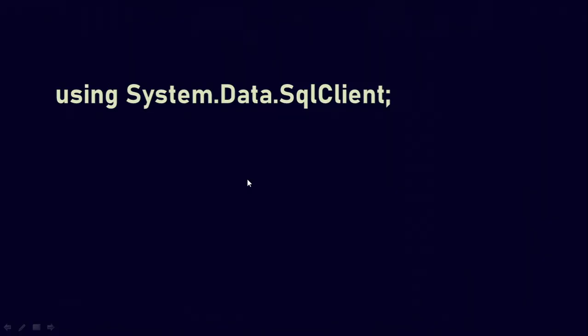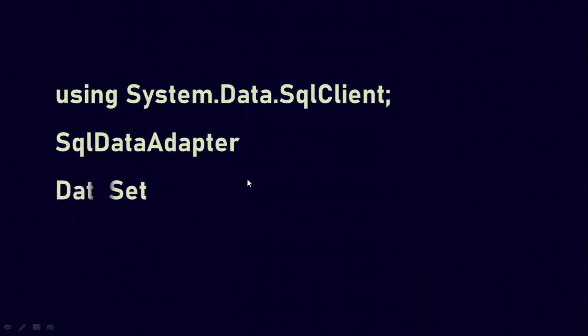In case of data grid control, we need to use SQL client to access the database, particularly Microsoft SQL Server. For that, using System.Data.SqlClient is important, whereas System.Data.SqlClient is a namespace. In other words, it's a library. With that, we should know about SqlDataAdapter and then DataSet. Earlier we have seen SqlConnection and then SqlCommand, SqlDataReader. So here we'll understand SqlDataAdapter and DataSet.